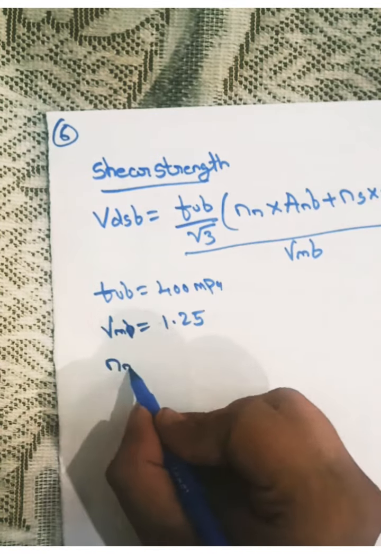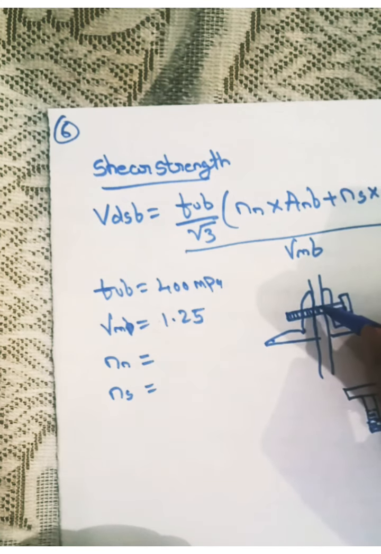Now we need to find the number of shear planes here. When we are putting a bolt here, we need to find the locations wherein this bolt will fail by shear. So here in this problem, we have two angles. When it is loaded to stress, the bolt will fail either in this direction, or the bolt will fail at this location. It will fail either at this location or it will fail at this location.